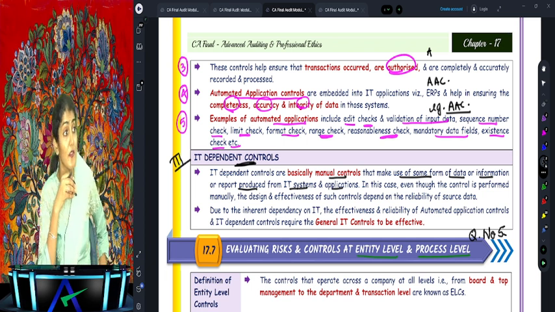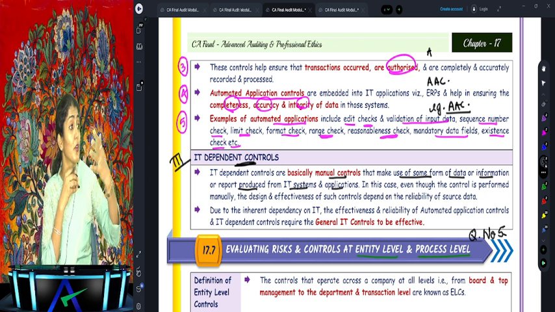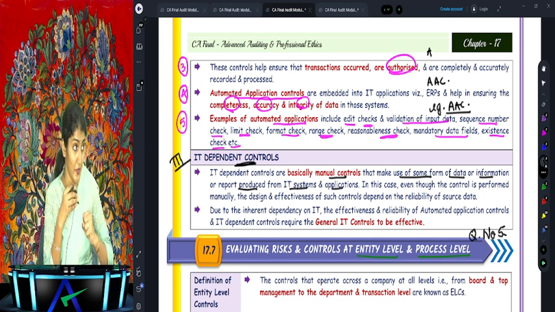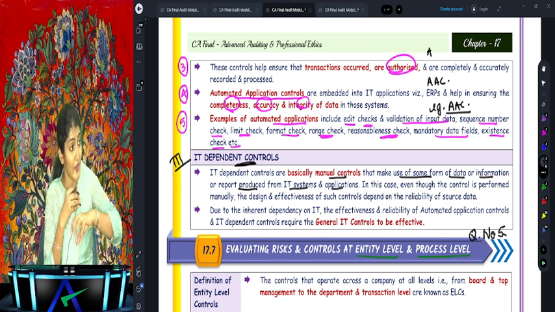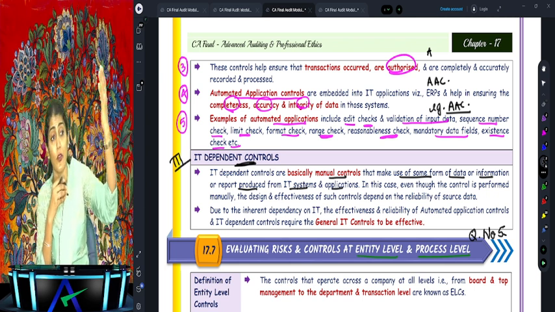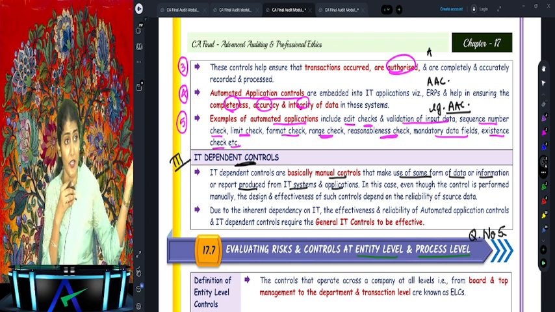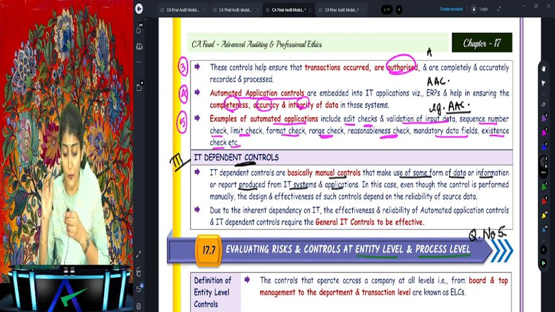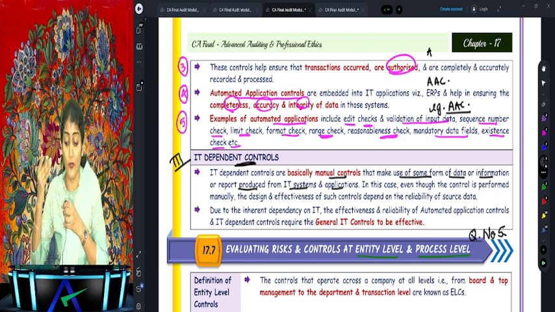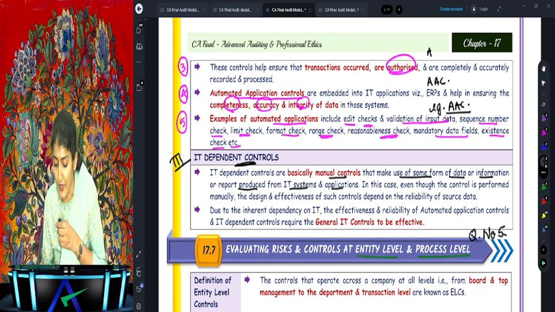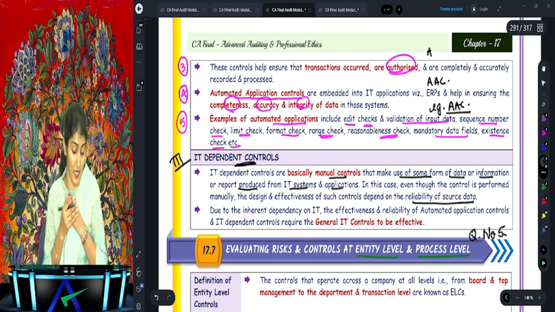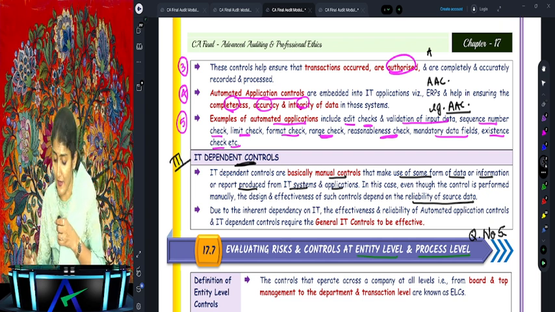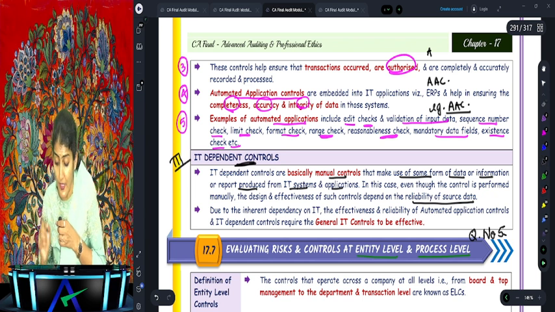Whether the goods are to be given to this customer on credit or not, that is to be decided manually. But on what basis will it be decided? It will be decided on the basis of the report which has been generated from the computer system. So even though the control is performed manually, the design and effectiveness of such control depend upon the reliability of the source data. And due to the inherent dependence on IT, what does it say? The effectiveness and reliability